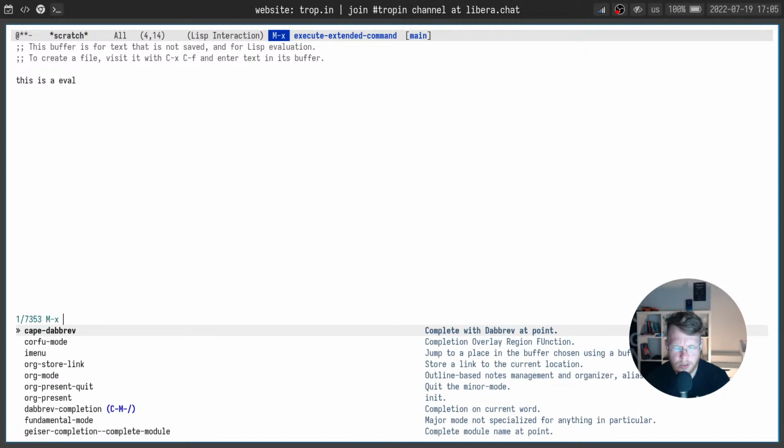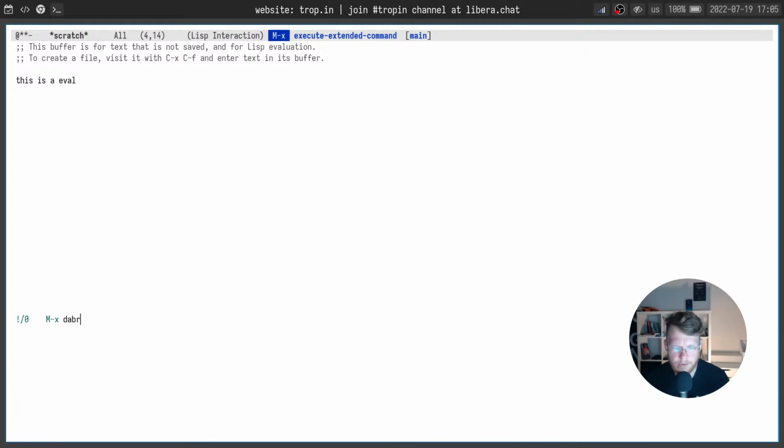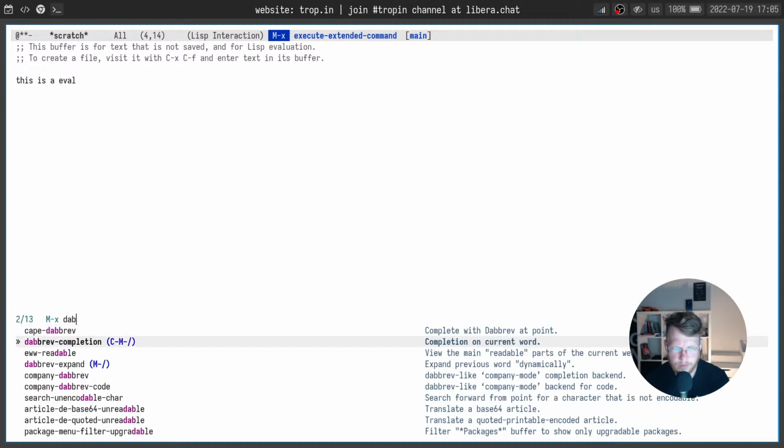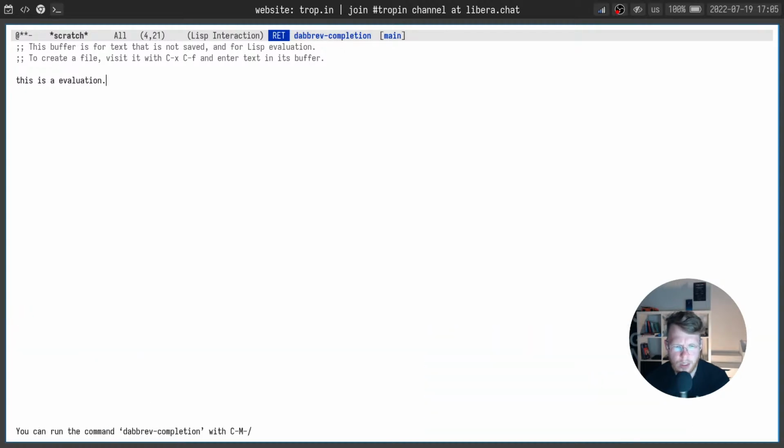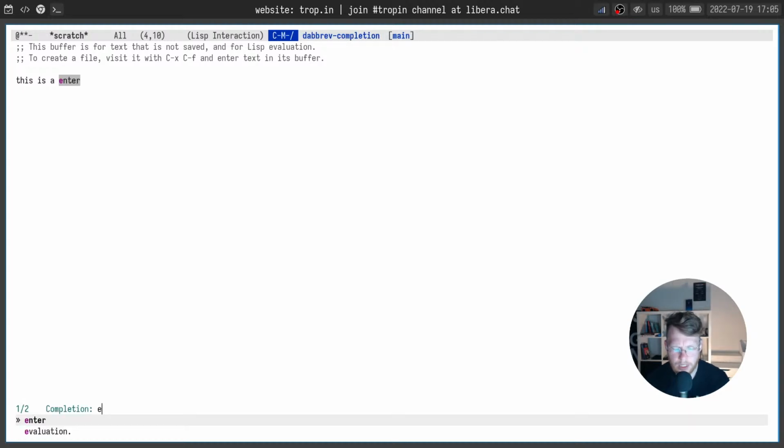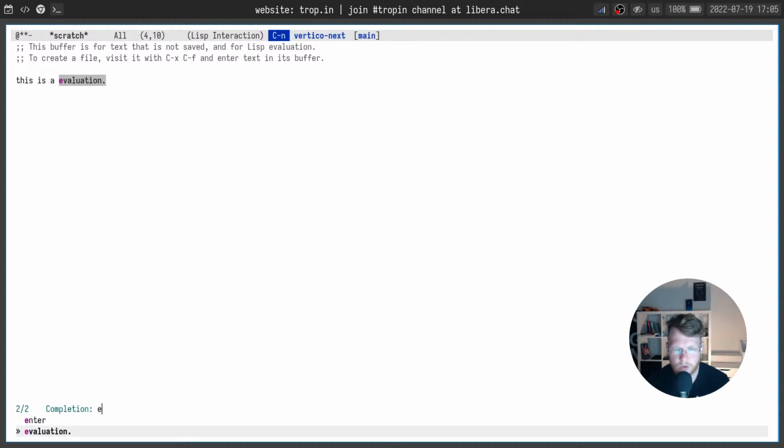Okay, let's use not CAPF, yes, let's use wref completion. Because we have only one match, it will automatically expand it. It is automatically expanded. But if we have fewer matches, for example, in this case we have only two matches, you can see that we are provided with two completion candidates, and when I pick one of them,